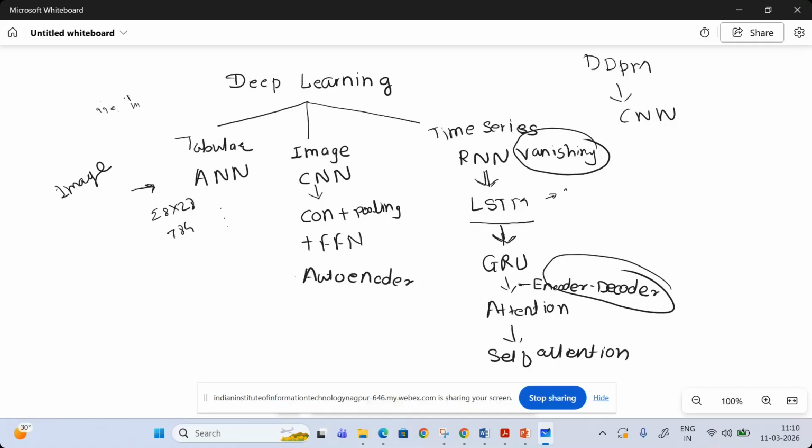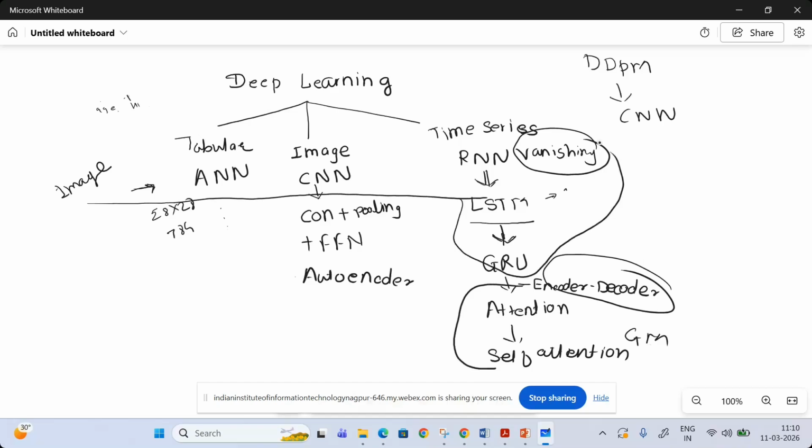These are the generative models. Whatever ANN, CNN, RNN, LSTM, GRU, these are the classification models. The main purpose of these models is to classify the data into different classes. For a classification problem, if I am giving an image, how is my model predicting it correctly for that particular class? To identify that, we need different kinds of performance metrics, like accuracy, precision, recall.